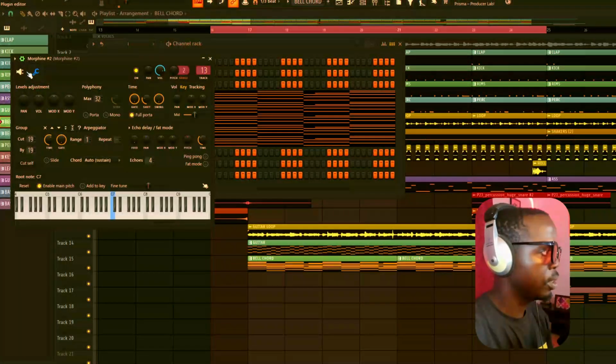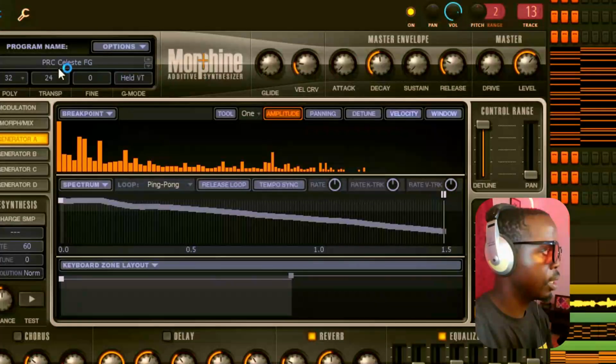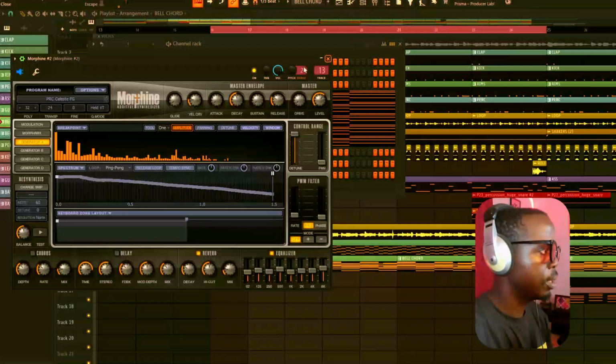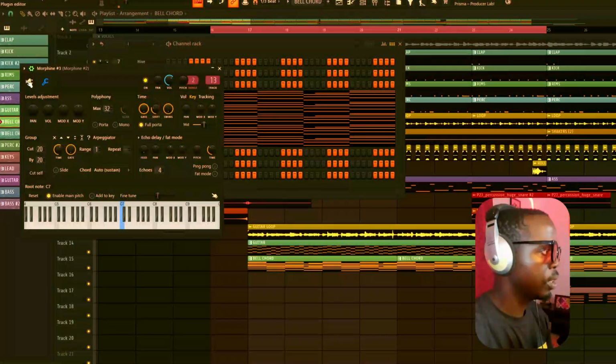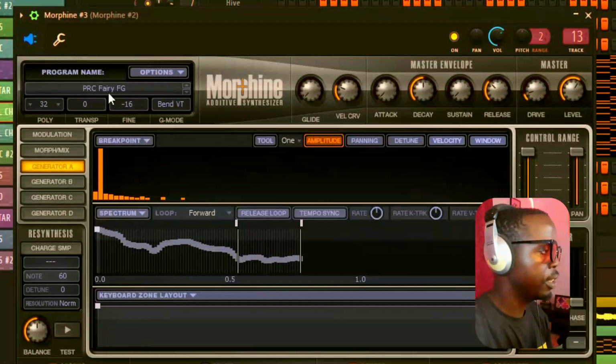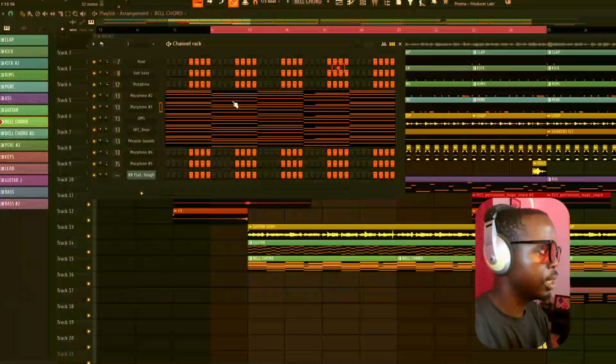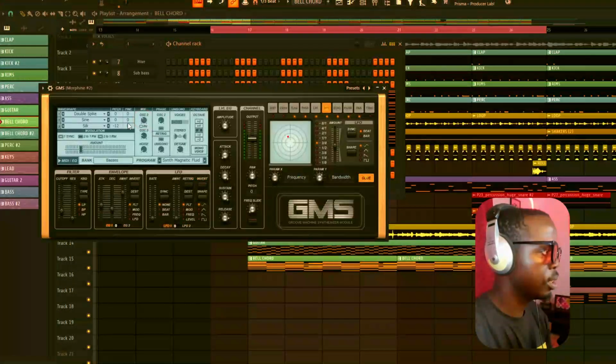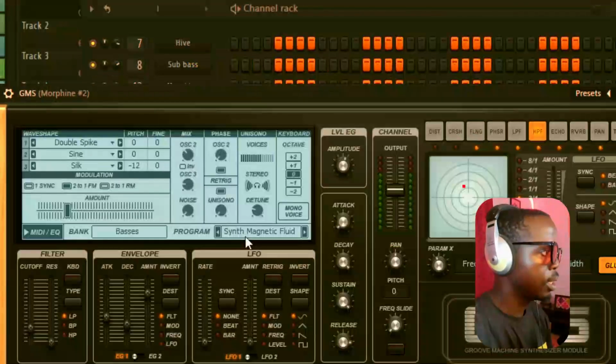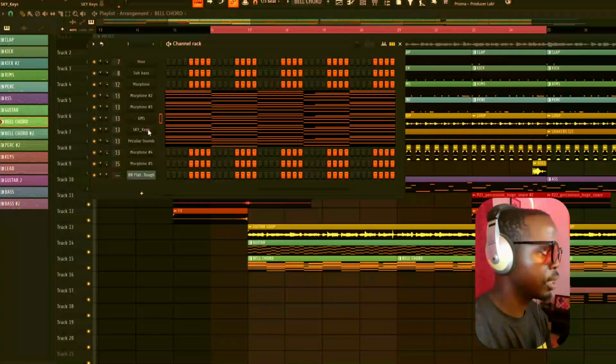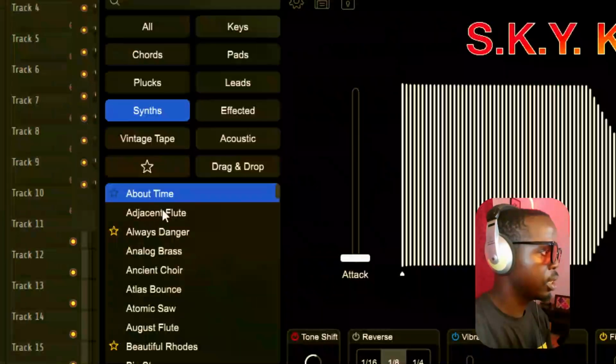First one is Muffin. It is the Perk Celestine in Muffin. Then another sound which is from Muffin as well. It is the Perk Fairy in Muffin. Then GMS, which is the Saint Magnetic Fluid, and after that we have Sky Keys, which is the About Time